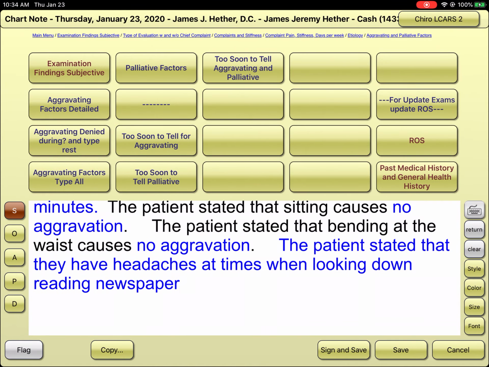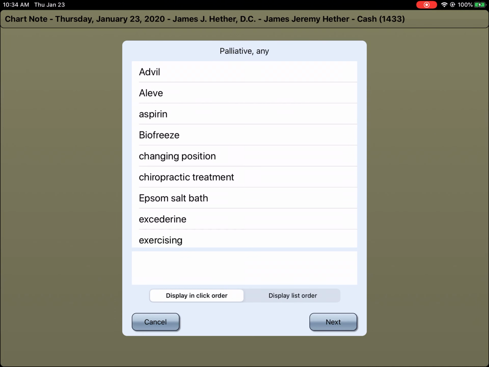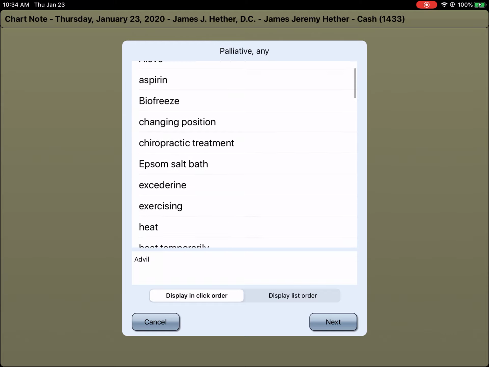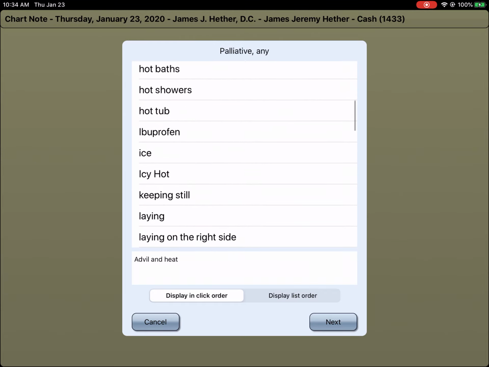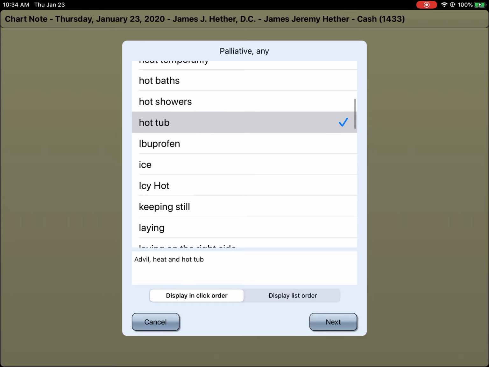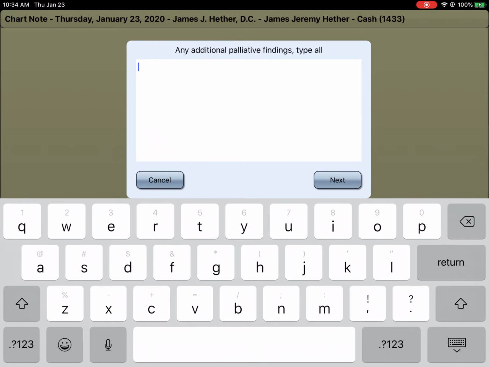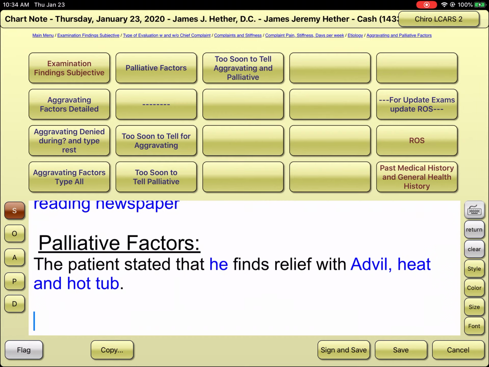We don't have to type with that. Palliative is on the top. From there, what makes them feel better? Oh, they've tried Advil, they've done some heat, and they've taken a hot bath. Okay, beautiful. From there, we can either add another descriptive quality if they wanted to, or just skip right to